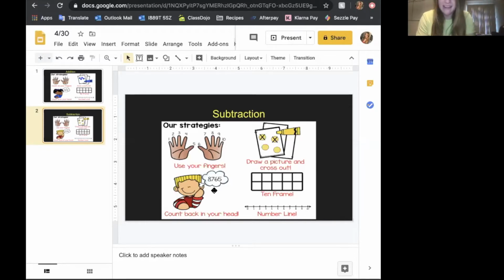Okay, count back in your head, so count backwards. Number line is another strategy, and ten frame, okay? So we remember those, and we worked really hard on them, and you guys did such a great job. So today, we're going to do some problems to show how we can add and how we can